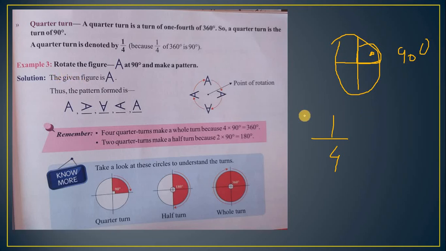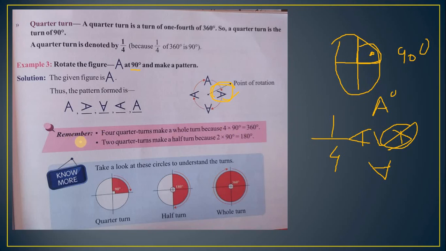So here, example number 3. Suppose shape A is there and we are rotating it by 90 degrees. So what about the next pattern? It will move 90 degrees like that. It will move in the next turn of 180 degrees like that. Again if we move 270 degrees, it is like that, then the original position. So in 90 degrees, the position is this one. So if this question is asked, your answer will be this one, if it is moving 90 degrees. That 360 degrees is the full turn.